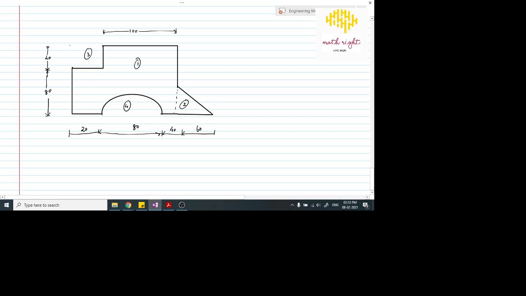First thing, we can find the area for the whole rectangle. From that we can subtract these two and add these two. Just like addition. We cannot directly calculate that since it is not a regular shape. But what we can do now, first we have to find the area and x bar, xi, yi for area 1, that is the whole triangle, and then the whole rectangle, and after that we can subtract areas 3 and 4 from this and add 2. By doing like this we can find the value.